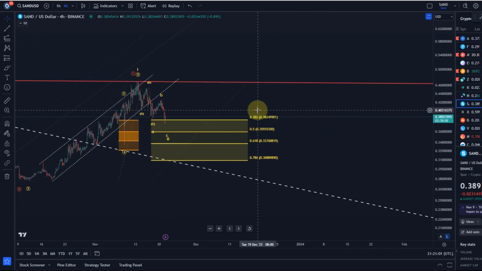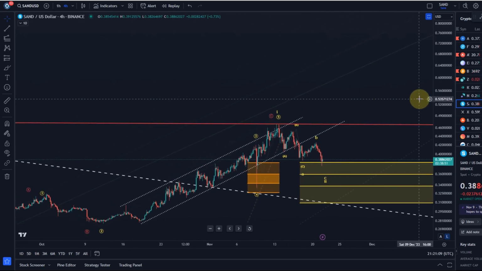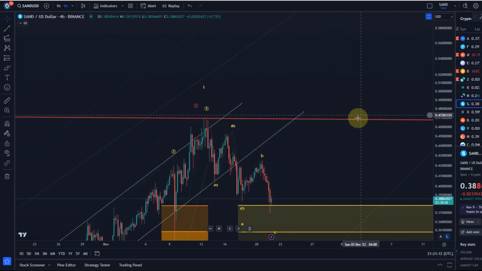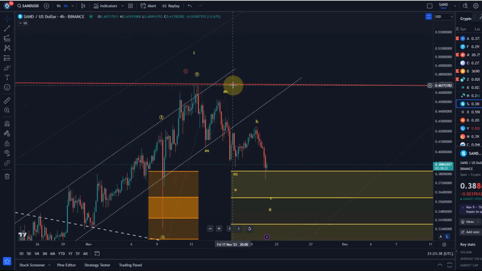First indication that indeed a low has formed in this support region would be a break above what I have labeled as B wave high. Now, there are 2 B wave highs, so taking out any of them will increase the probabilities for a new uptrend and indicate that a low has formed. So we've got here this swing high at 42.6 cents would be the first indication that a low has formed in wave 2. Better confirmation with a break above 45.2 cents and confirmation with a break above 46.8 cents.